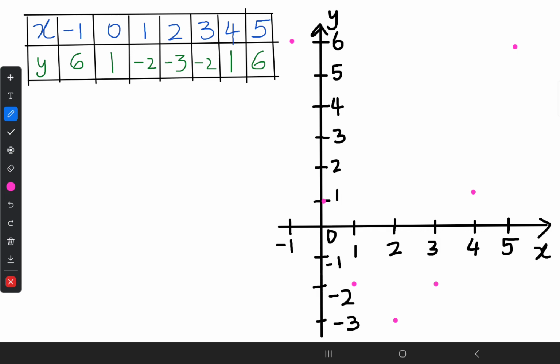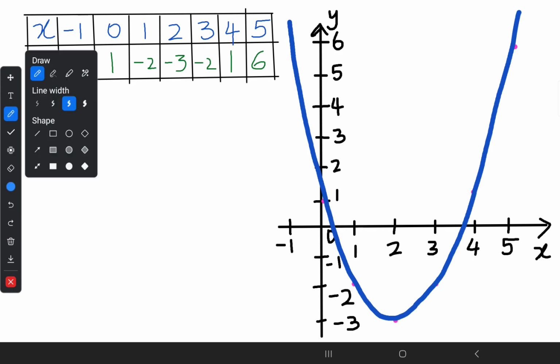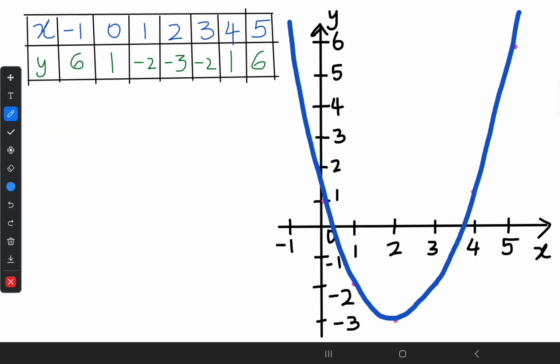Now let's draw a curvature. This is the shape of your graph. This is a negative parabola. Then we have some questions. Let's answer those questions. What's our first question? The first question is to plot the graph. Then the next question is asking us to find